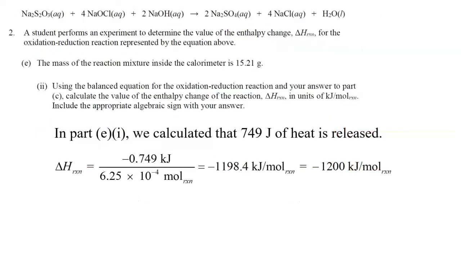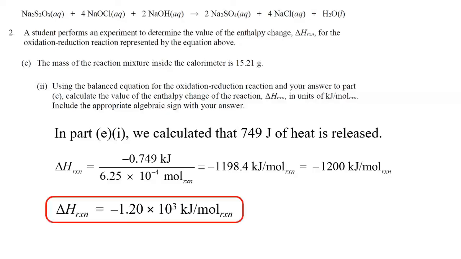So I've got a negative sign because it's an exothermic process. So negative 0.749 kilojoules of heat for every 6.25 times 10 to the negative 4 moles of reaction. And when I do that math, I get approximately negative 1,200 kilojoules per mole of reaction. If you'd like to go with 3 significant figures, you'd have to write that in scientific notation. So the delta H for this reaction would be negative 1.20 times 10 to the third kilojoules per mole of